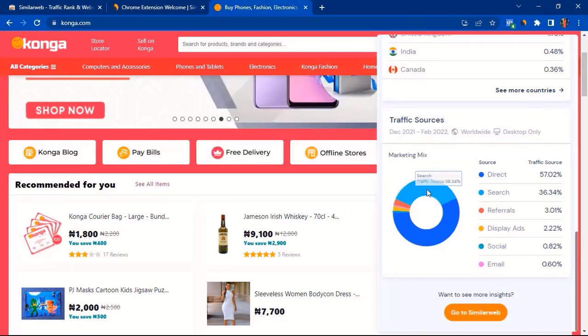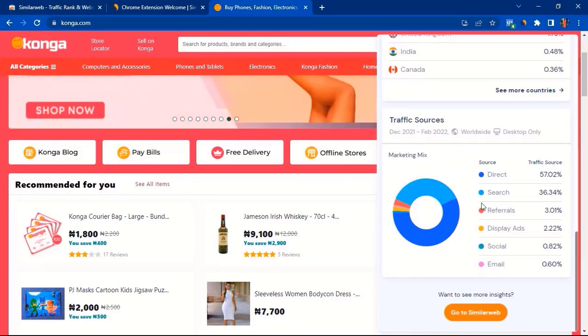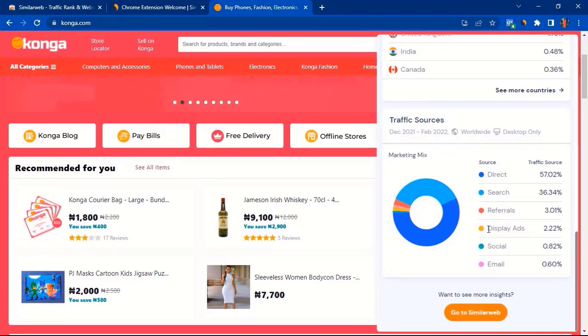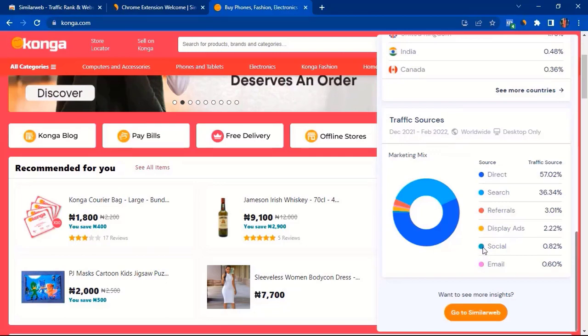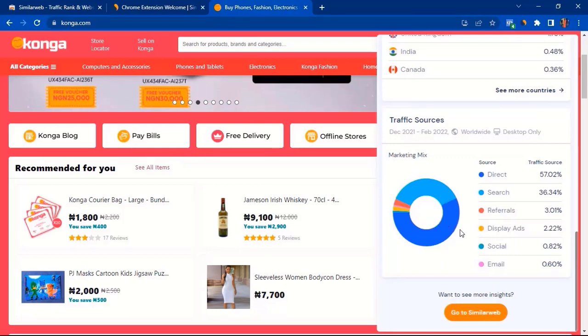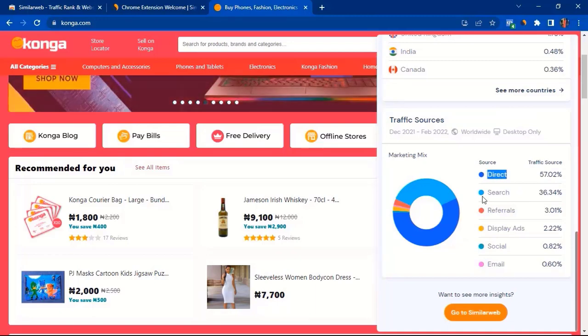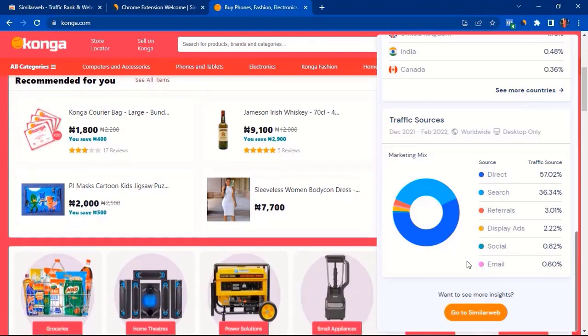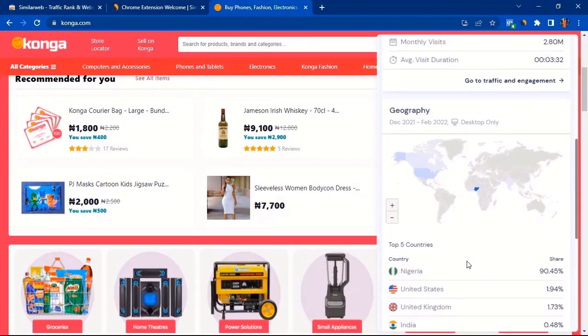Now, the second highest traffic source is search. So people search on Google, people search on Bing. And the third traffic source is their referrals. This is just insane. The fourth traffic source is their display ads. And here, the fifth is their social, the sixth is their email. So here you can see that for their category, what has actually worked so much for them is one, search. Two is direct. So looking at all these things, typing in your competitor's URL when you come to SimilarWeb, or using the SimilarWeb extension, you can literally tell and predict what exactly is going on.